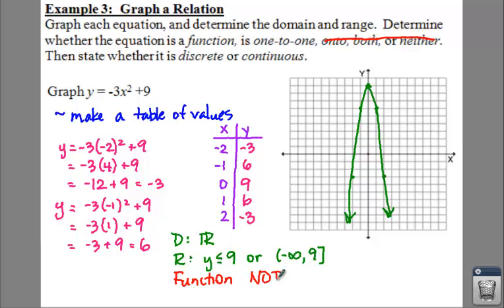This is a function because it passes your vertical line test. It is not 1 to 1, however, because you don't have each x value paired up with each y value. You have multiple y values. However, it is still